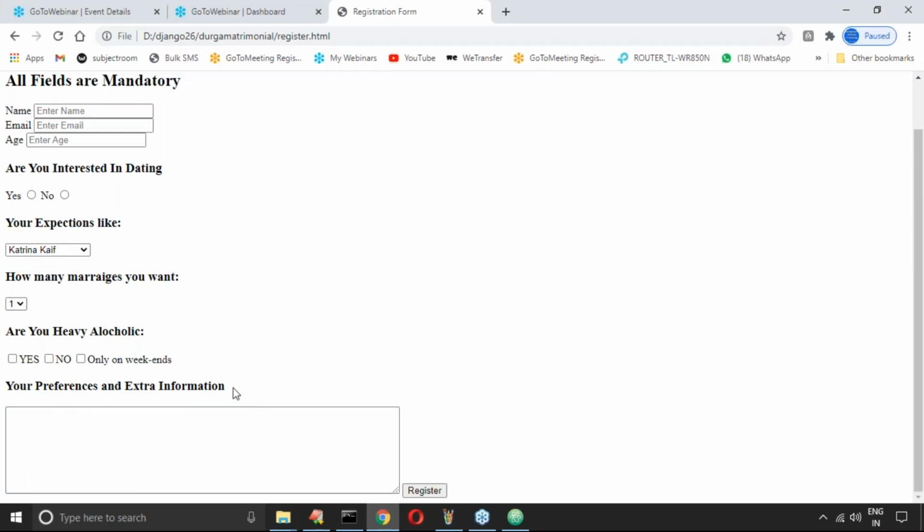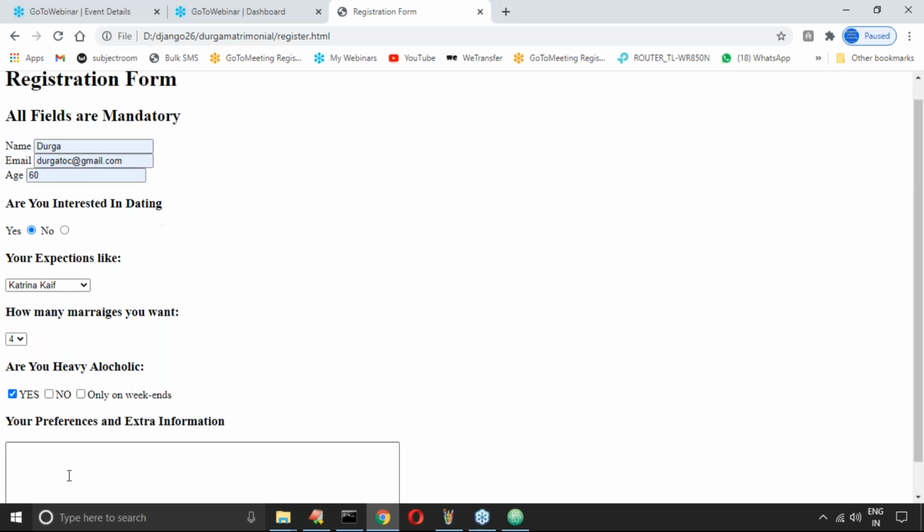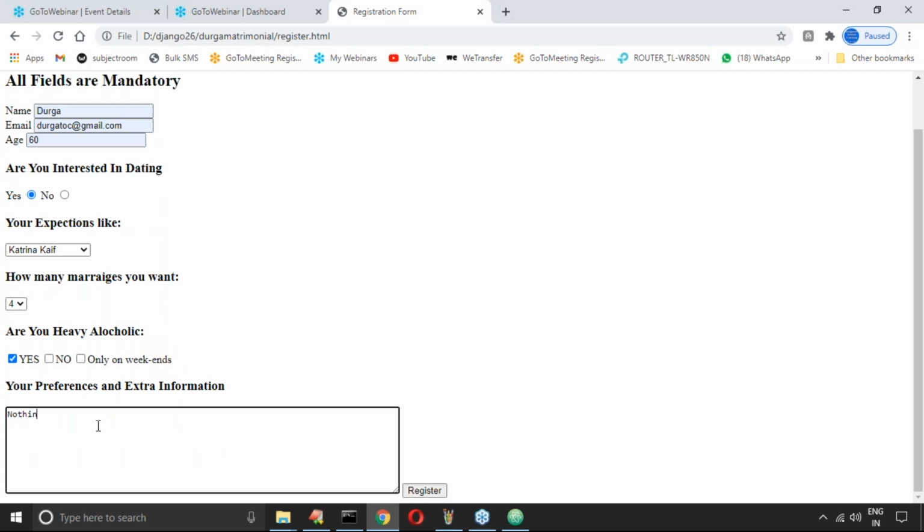After filling this registration form, observe: name Durga, email address Durga TOC, age some 60. Are you interested in dating? Yes. Your expectations: Katrina Kaif, Kareena Kapoor, Sunny Leone. How many marriages do you want? Some 4 marriages. Are you a heavy alcoholic? Yes. Your preferences: no special preferences.